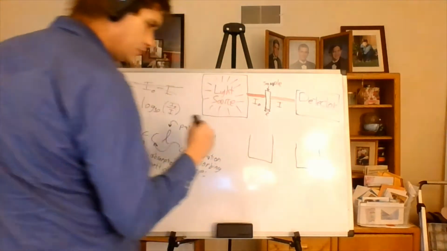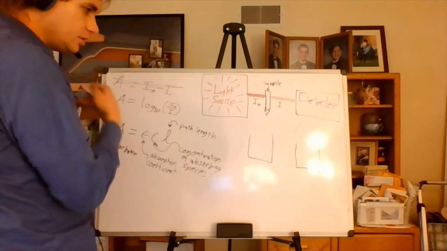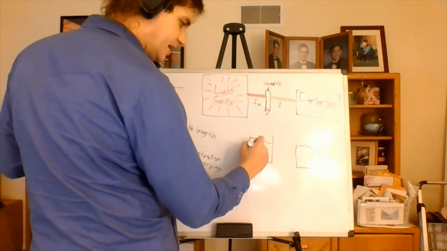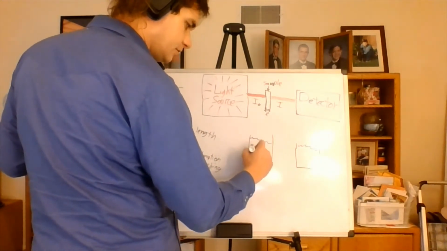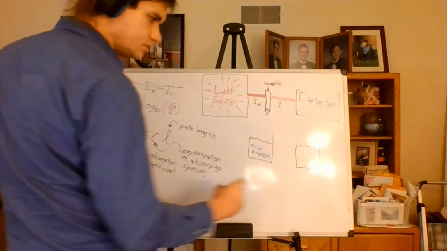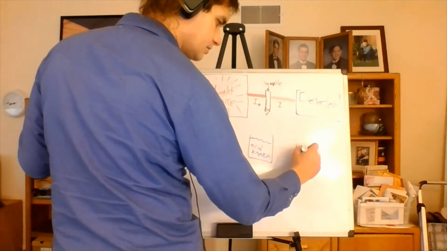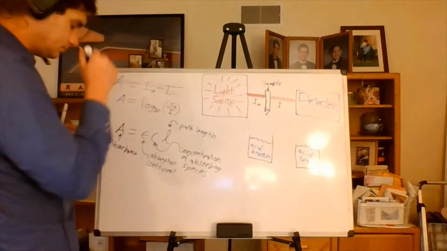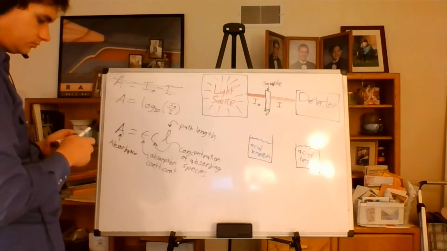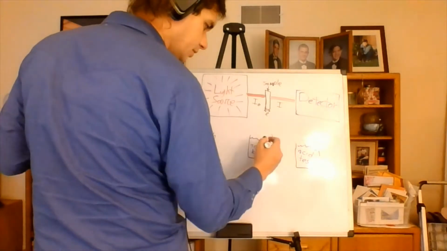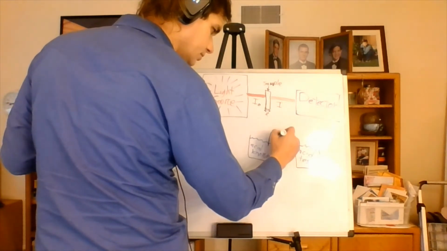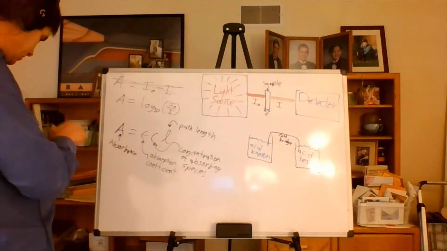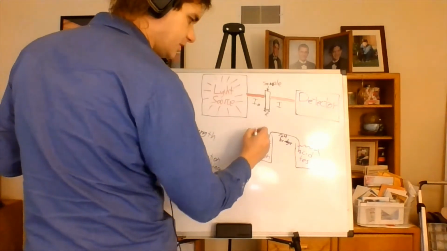So if you have two solutions of water, and one of them has acid of known concentration, and the other has acid of a concentration that you're testing, and you connect them with a salt bridge of some kind, so that the acid doesn't pass through, but the salt can. And then you connect them with electrodes,